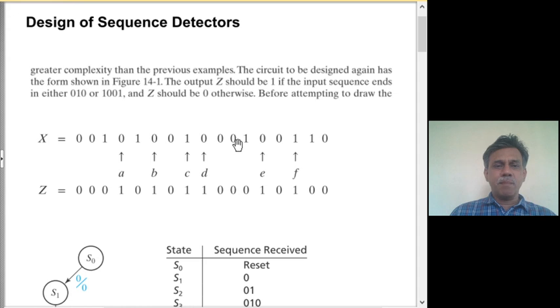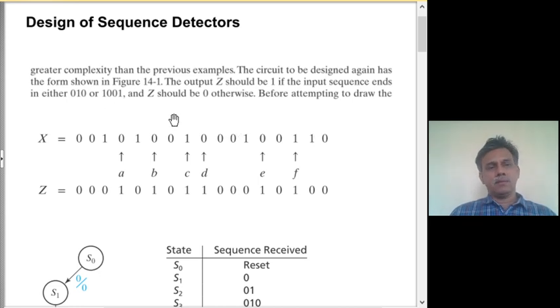Then we can have some bits which have nothing to do with our patterns. Then we have again 1 0 0 1, but here we can have a pattern. Here again we can have a pattern and so on. So E and F also correspond to points where the output should respond. So now we have a fairly clear understanding of how the output should behave for the different input cases.